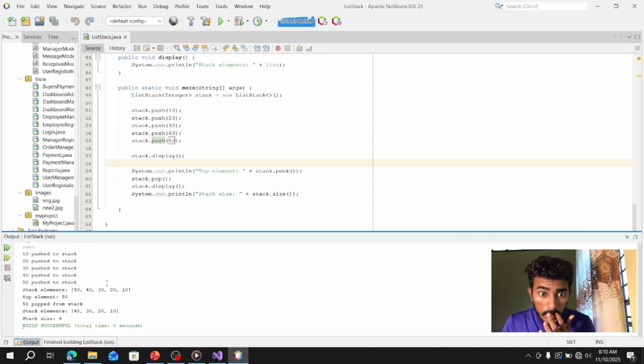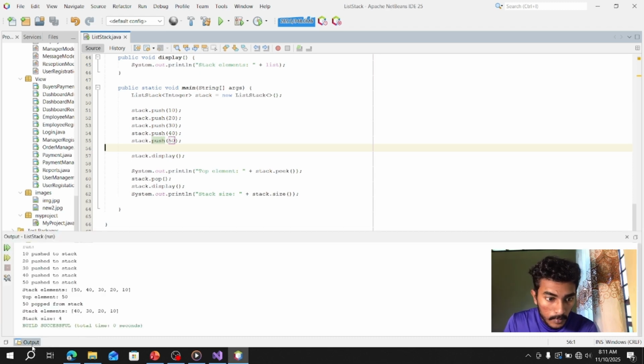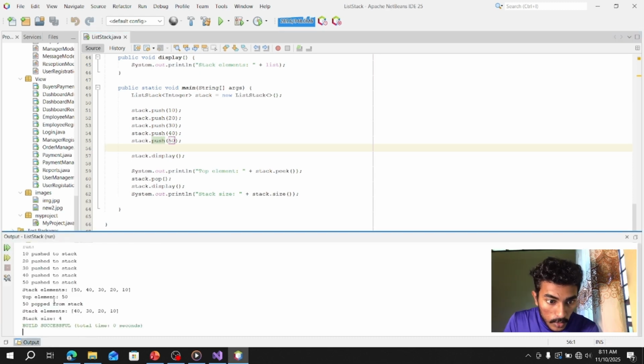So now you can see the 5 elements here: 10, 20, 30, 40, 50. The stack elements are 50, 40, 30, 20, 10, and the top element right now is 50.